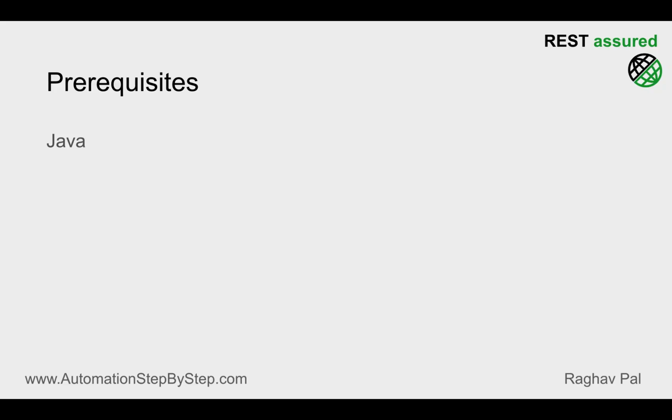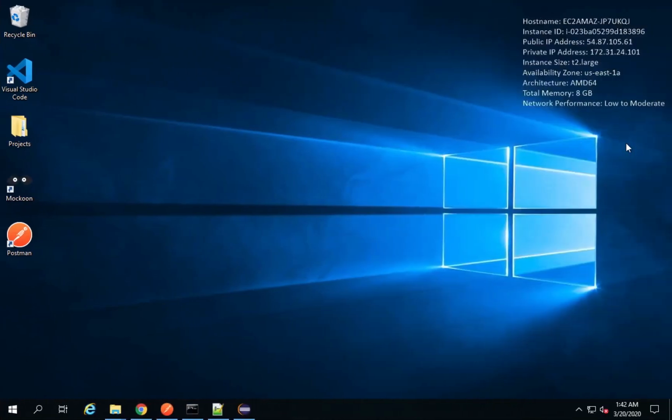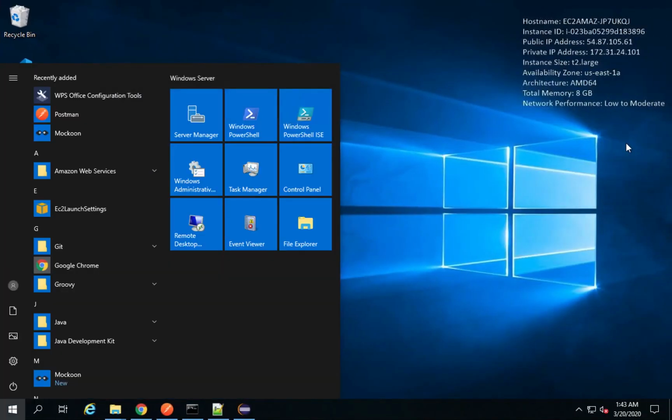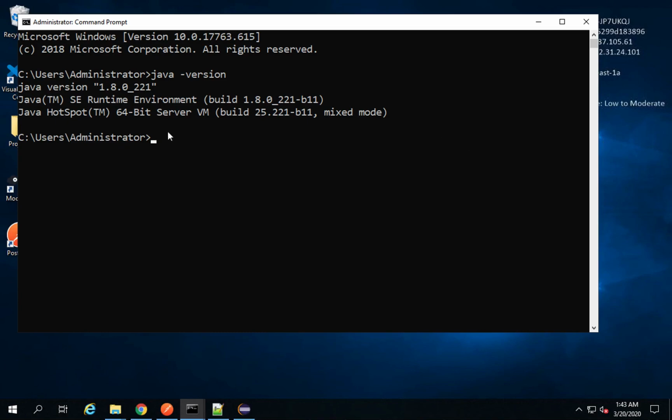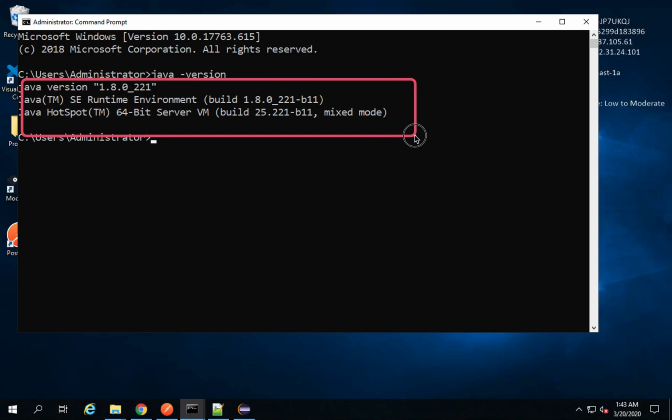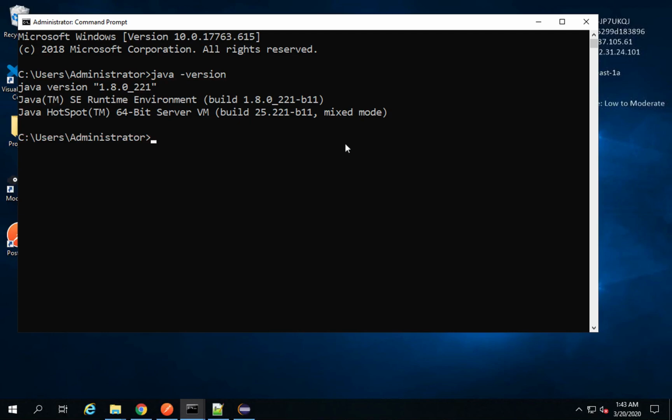The prerequisites that we have is, first thing, we need Java on our systems, and in case you are on Windows, you can go to your command line. So if I go to my command prompt on Windows, I will run the command java space hyphen version, and this will show me the Java version on my system. In case you do not get the Java version and you get something like command not found, that means Java is either not installed on your system or it is not set in the environment variables.